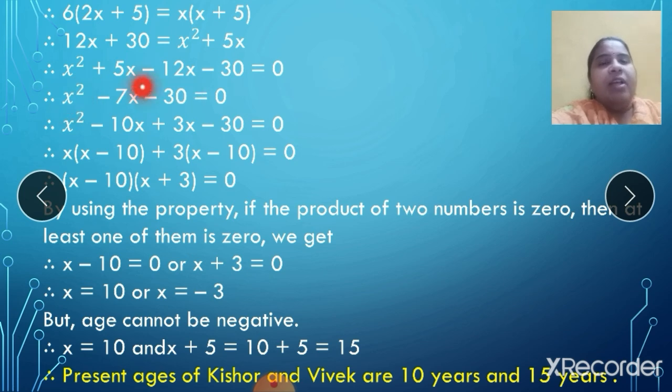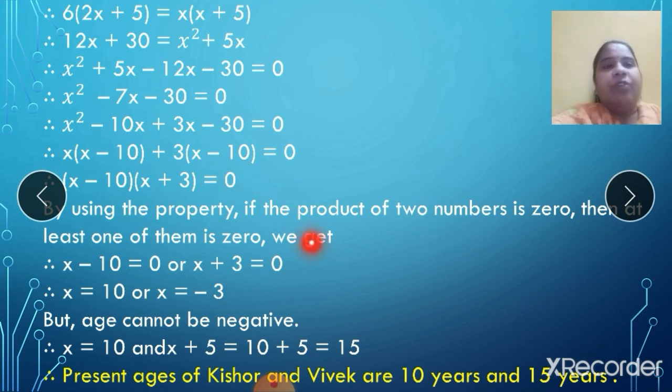So x square, see this now. Minus 12 plus 5 is minus 7 because the greater number is 12. So minus 7x and minus 30. Again, I hope you know that you have to factorize. 30 can be factorized as 10 and 3. Correct? 10 times 3 is 30. Middle term is minus, so the greater number will always take the middle term sign. So minus 10 plus 3. Minus 10x plus 3x minus 30 is equal to 0. Take common, the two factors will be x minus 10, x plus 3 is equal to 0.